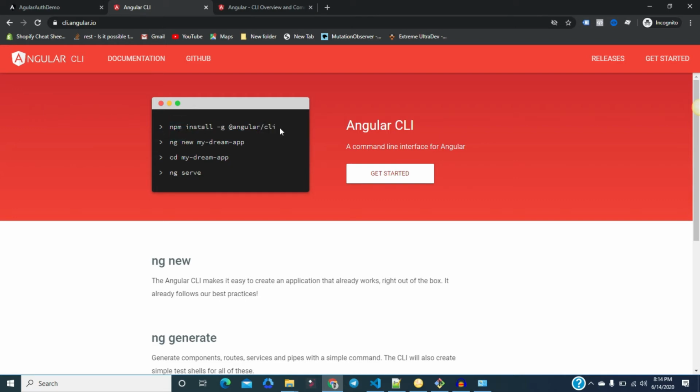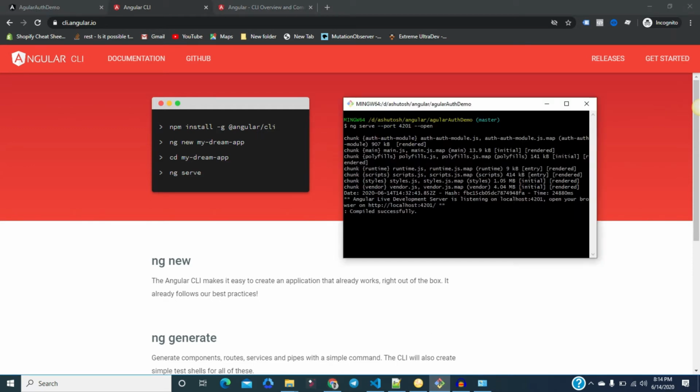So what is this Angular CLI? Angular CLI is the command line interface, where you can run certain Angular commands. For example, if you want to create a component, service or module, you can very easily do that through the command line interface.